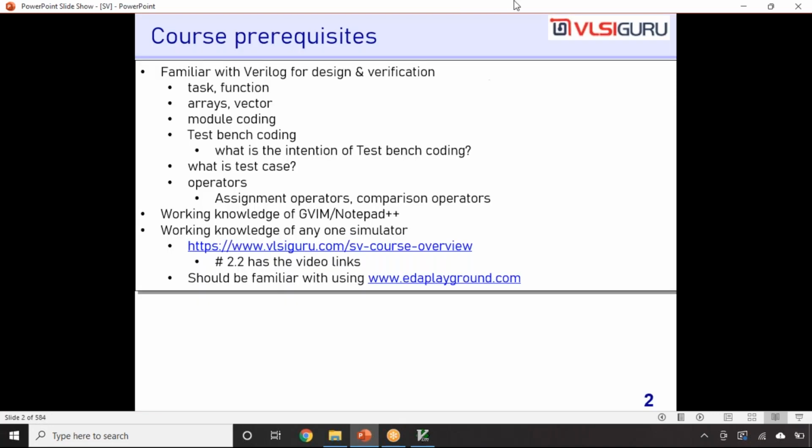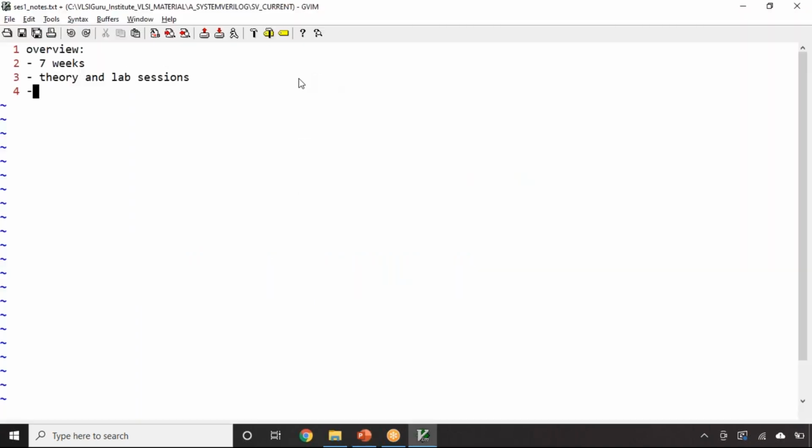So let's start off with understanding the course prerequisites. One of the prerequisites is that you should be familiar with Verilog from a design and verification perspective. You should be familiar with basic concepts like what is a task and what is a function in Verilog, and given a simple example, let's say if I ask you to implement,